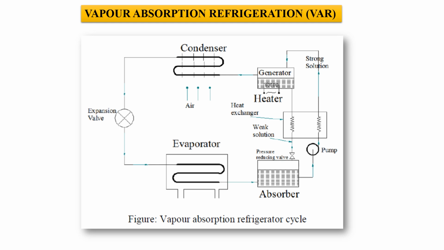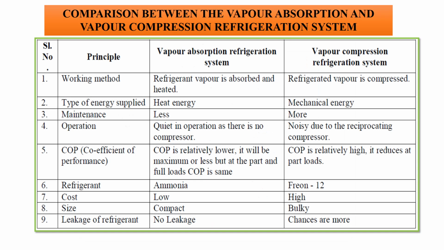That flows to the evaporator. The evaporator input is liquid refrigerant at low temperature and low pressure. What happens in the evaporator? It changes phase from liquid to vapor, as heat is absorbed with the help of the refrigerant. Again, the absorber input is low pressure, low temperature vapor, which is sent to the absorber. This is about the vapor absorption refrigeration system. So what is the difference between